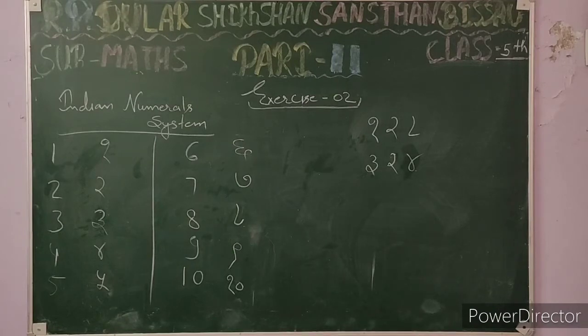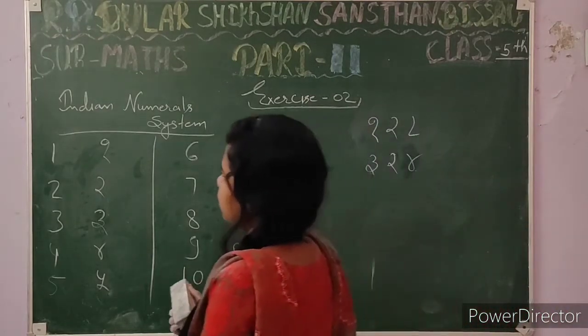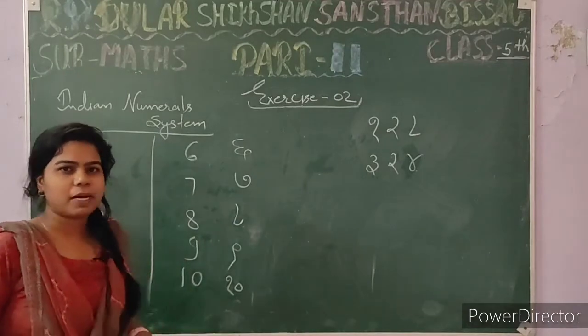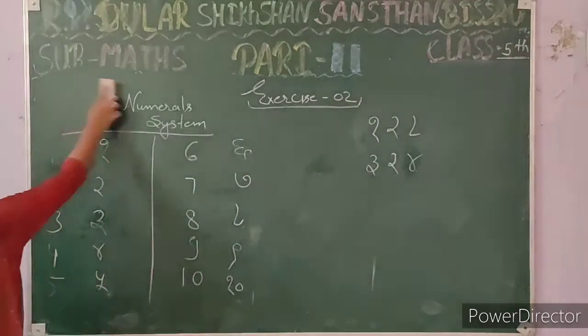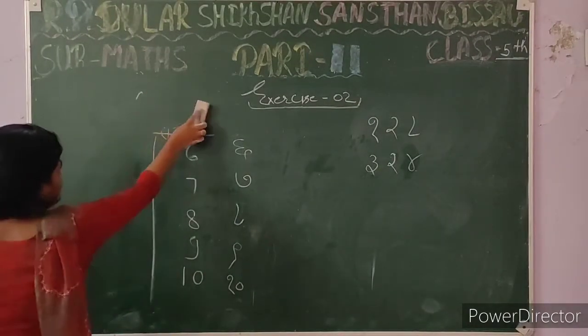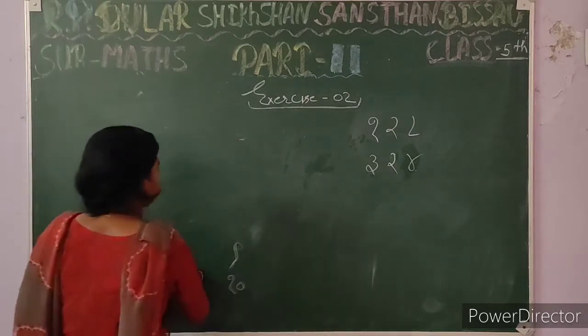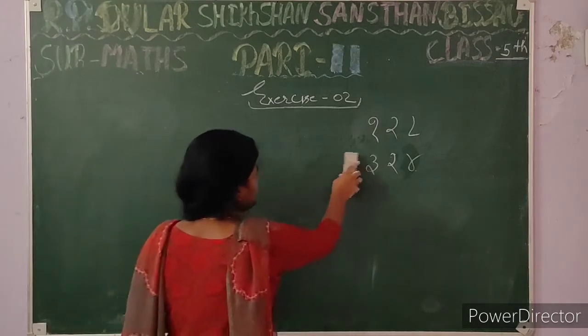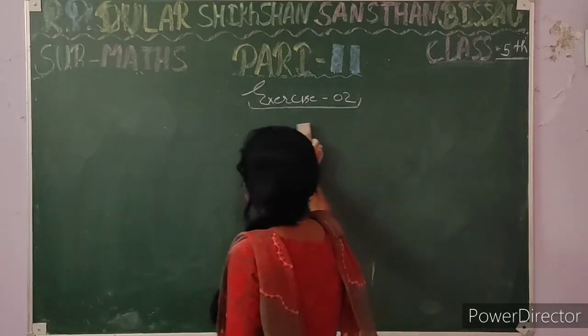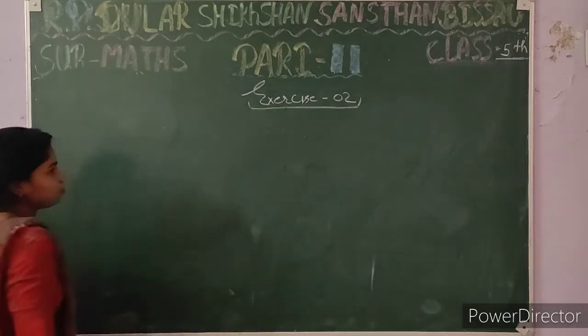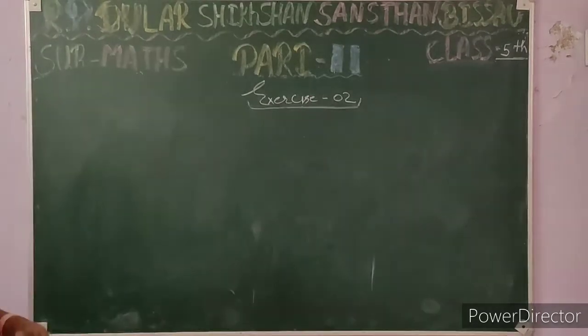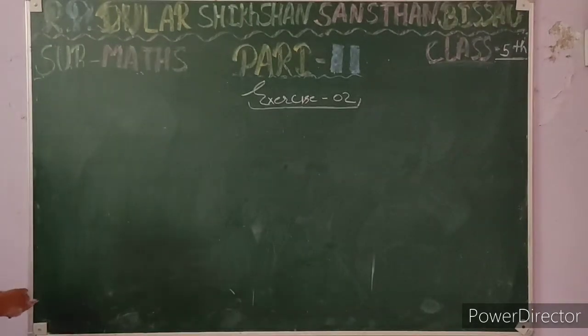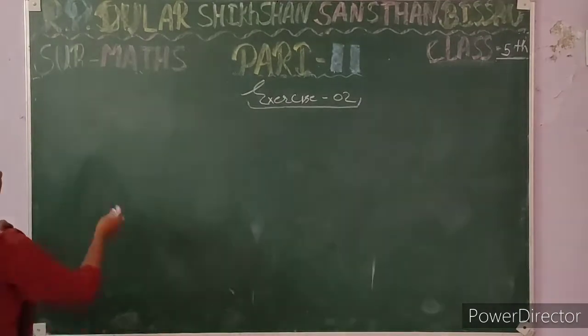Okay students, so questions 11 to 17 are the same. In the previous part I explained, I tell you about question 18 of exercise 2. You do questions 11 to 17 because both are the same, but here they are given as Indian numbers, and in the previous part there were only normal numbers. So word problems are very easy, I explained in the previous part.